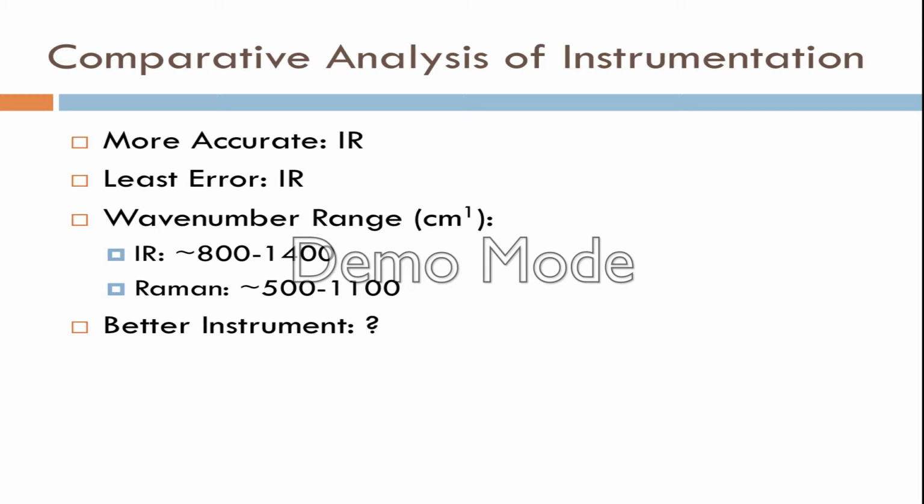So in terms of time per sample, they were both very quick. IR was a little bit faster, but for Raman it only took 30 seconds for us to get 3 data points. So they were both very fast. IR required more technical expertise, I would say, because the instrument was more high-tech, whereas the Raman was not nearly as